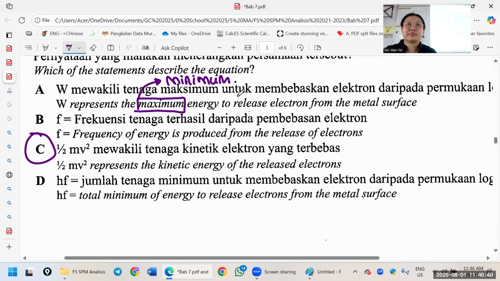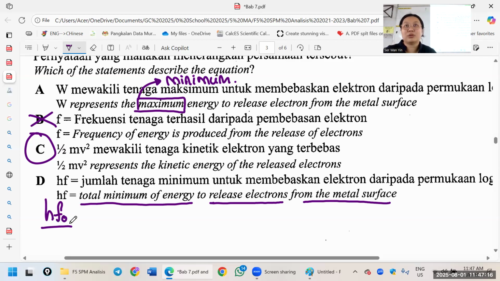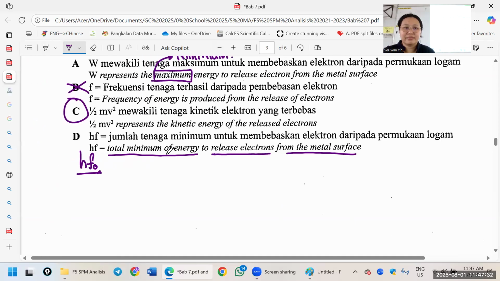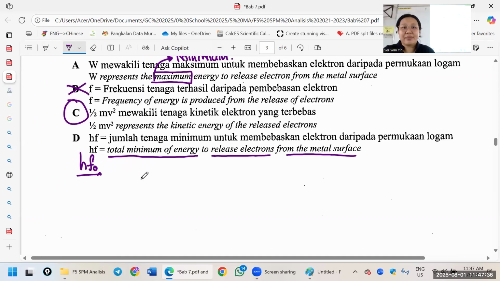Okay, that one later lah. Okay, so now frequency of energy is produced from the release of electron. No such thing, cancel. Okay, total minimum energy to release electron from the metal surface. With its work function, you can either write HF or HF naught. 可以吗？